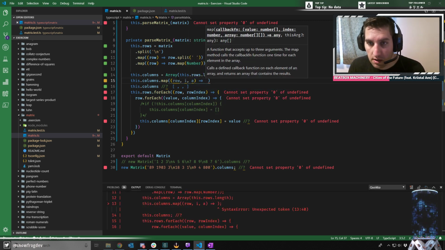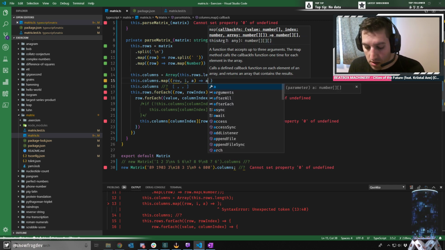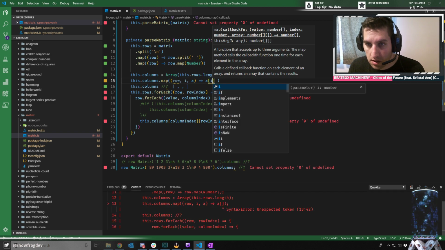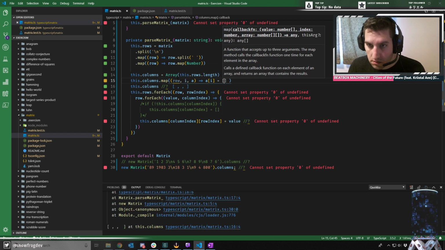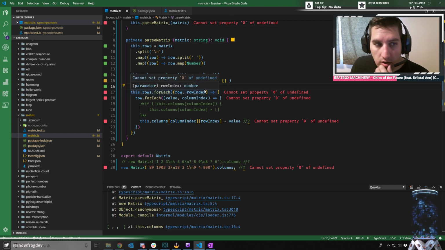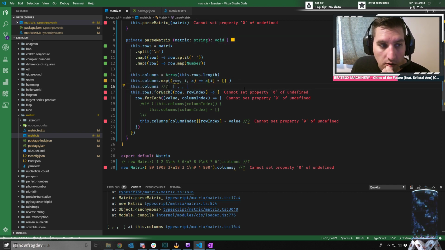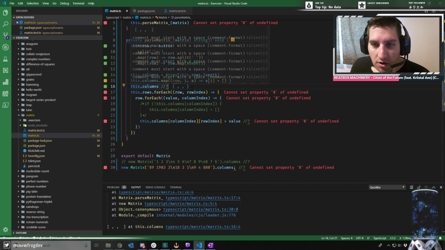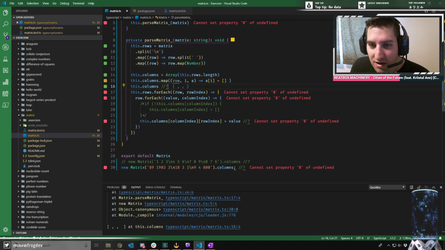What if instead I went, all right, array, not I, is equal to an empty array. If I did it that way, in here. What am I doing now? Yeah, I don't know. I'm just trying to find a sleek way of adding empty arrays to each row of